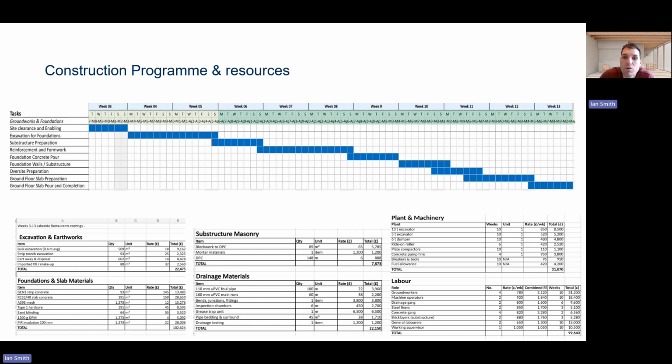Our excavation for foundations and drainage trenches begins around weeks 4 and 5. So this activity is directly dependent on the site clearance phase because the ground must be cleared and surveyed before the excavation can begin. This is also a critical stage because it determines the depth and position of the foundations according to our structural drawings. During week 5,